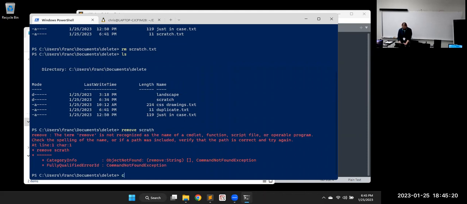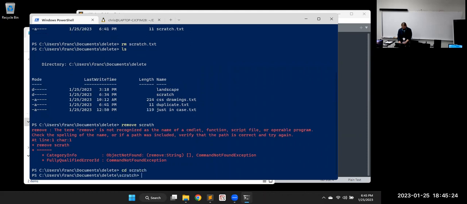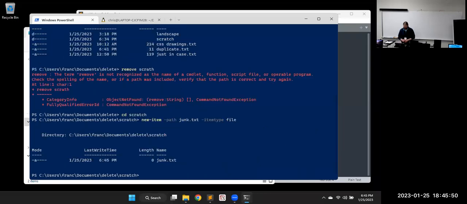Let me put something in that folder, cd scratch, and add a new item, junk.txt. I don't think I need to put anything in it. Item type is a file, which isn't really necessary given the extension. So now there's something in that folder.